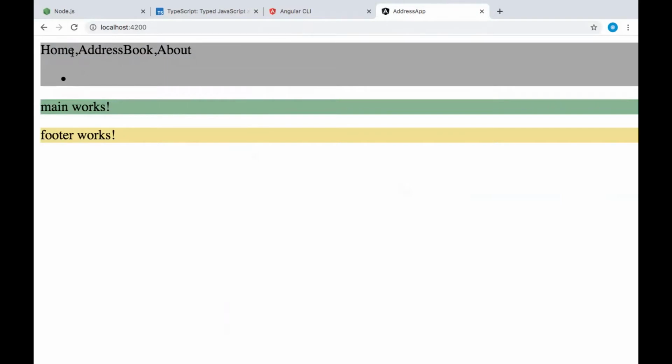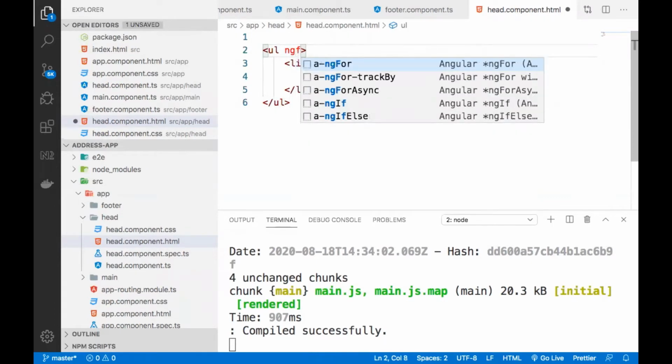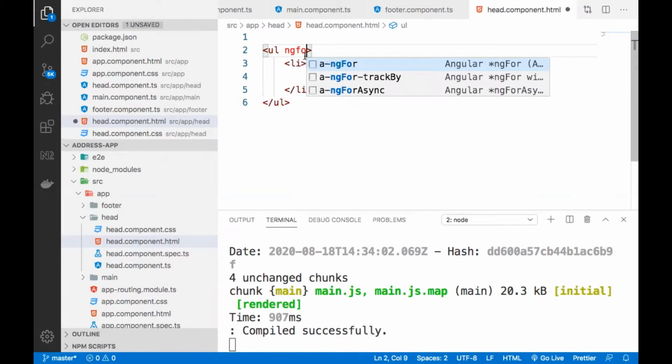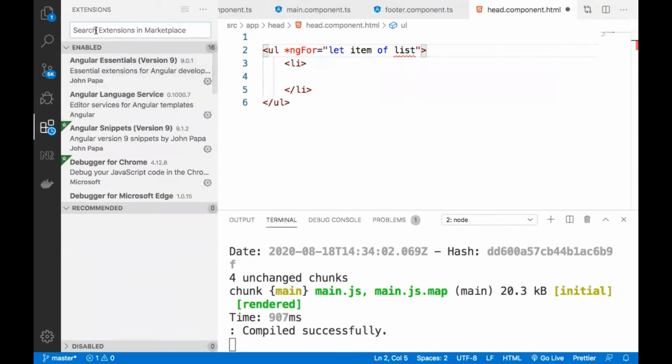Now I want to display this as a link. So I'm going to make things formatted better. I want to iterate this particular link. So we can use a directive called ngFor. I haven't typed this particular syntax fully. Here you can add a couple of extensions in VSCode. Click on extensions and